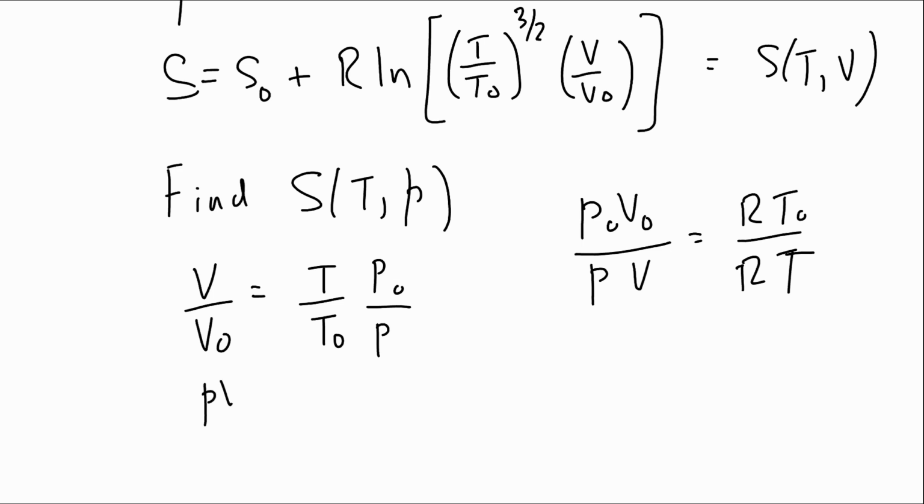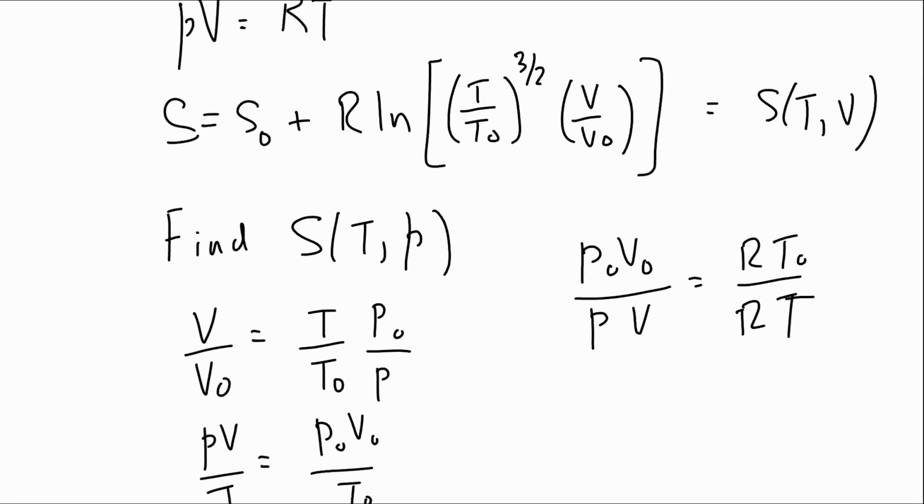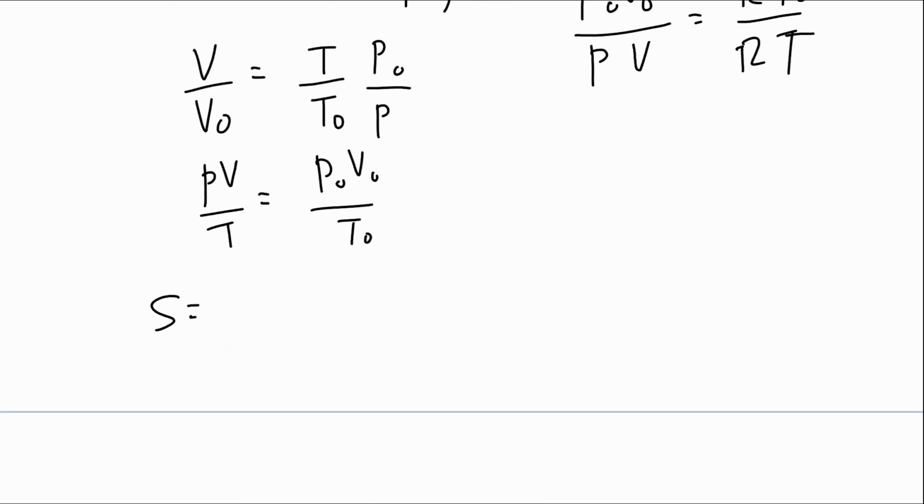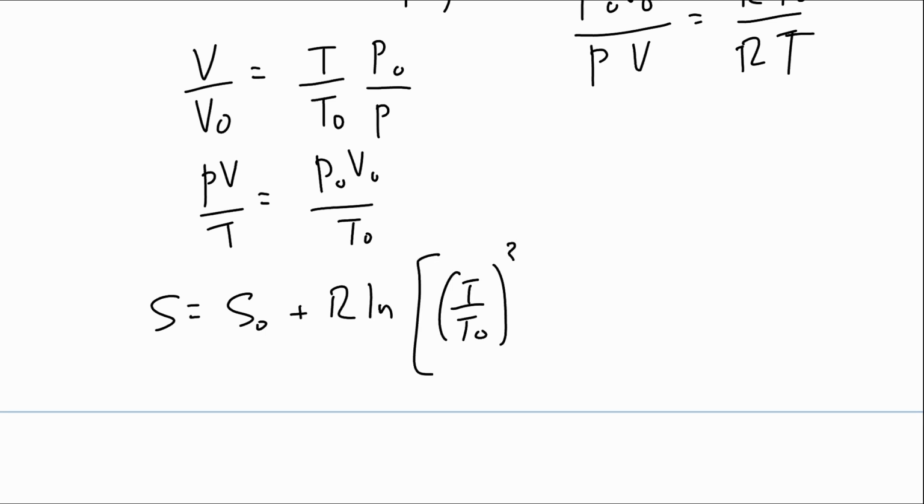Let's check myself. This allows me to express V over V naught as a function of T and P, since V was a function of T and P. There you go. So I can substitute that. Here's my T over T naught to the 3/2, and then I have V over V naught, which is going to be